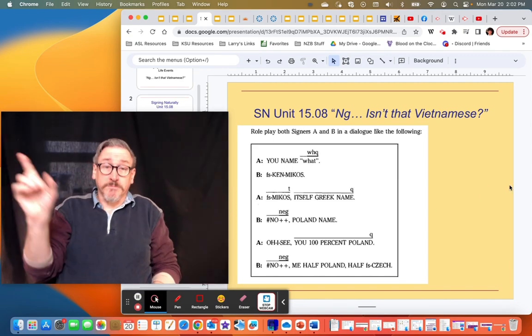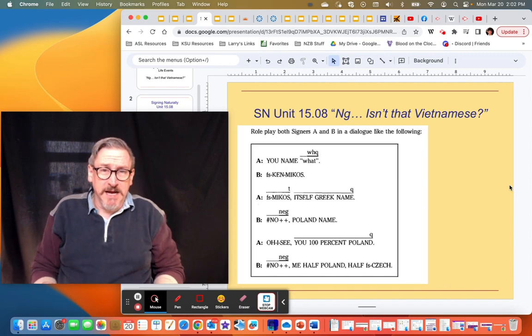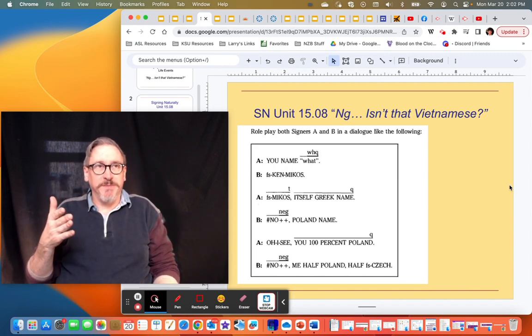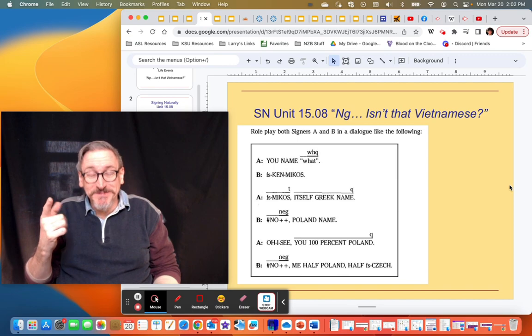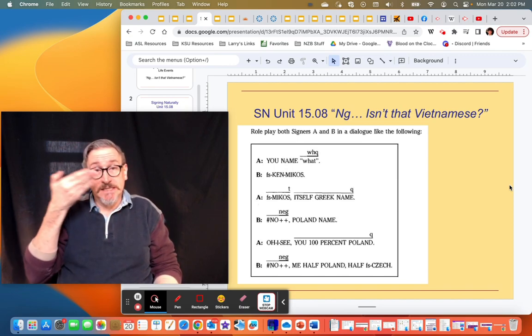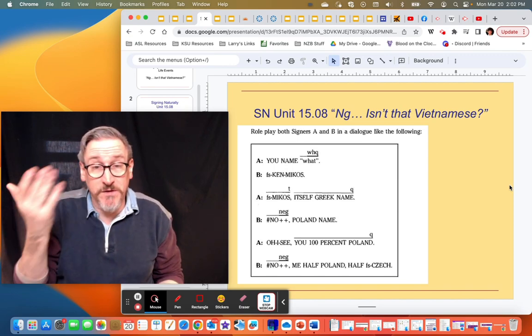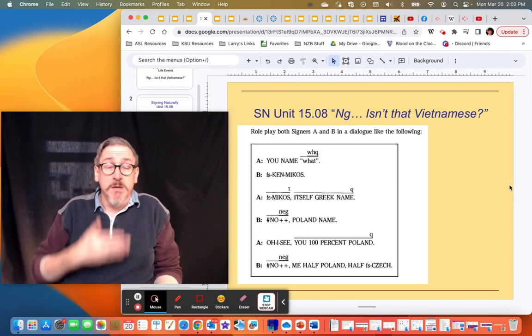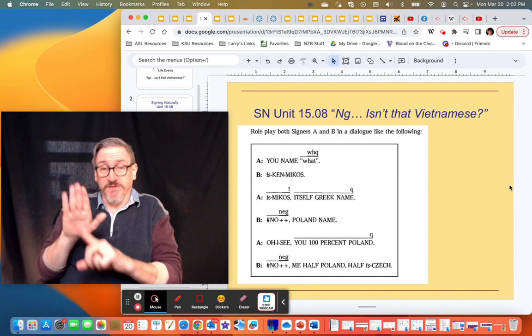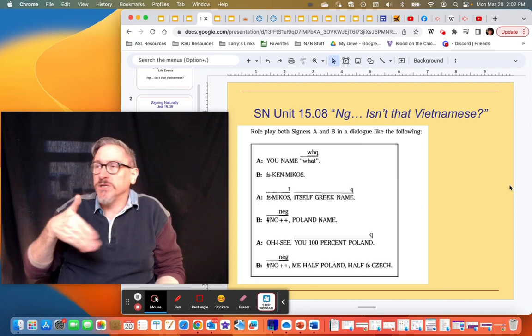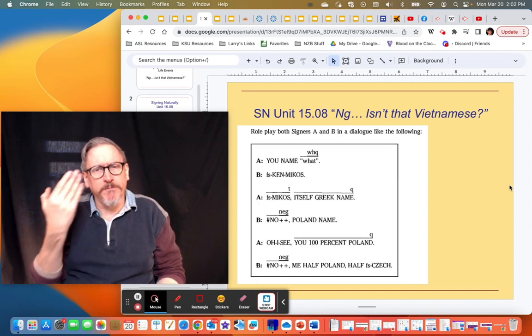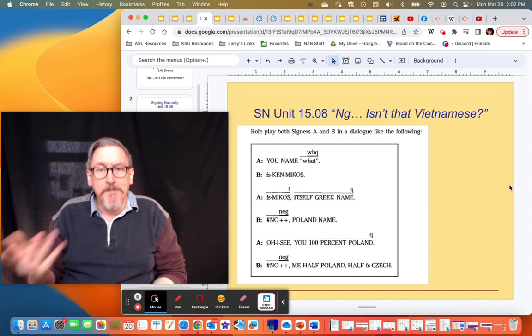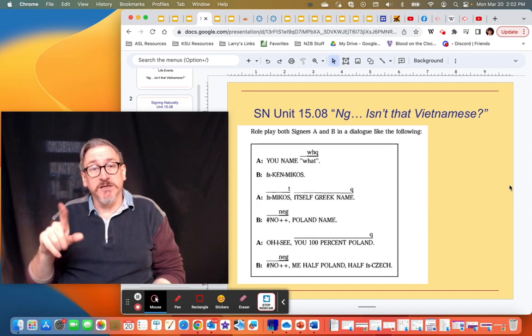So if we go over to speak the sign, spread the sign, for Czech it is this. I'm not sure what the derivation is from. I don't know if it's from a sign that means something, but Czech is just the flat of the hand, Czech. Almost like you're smelling something, Czech. At the time the book was written, Czech